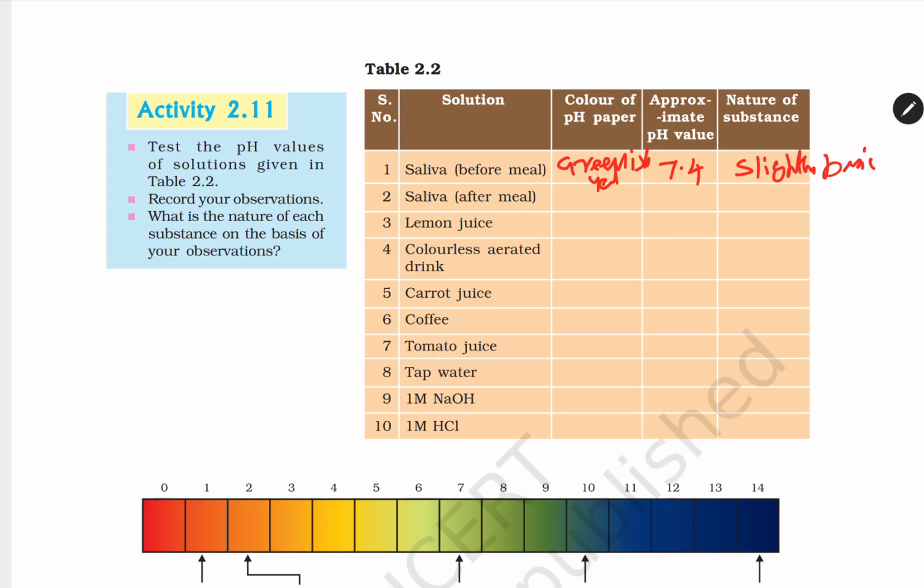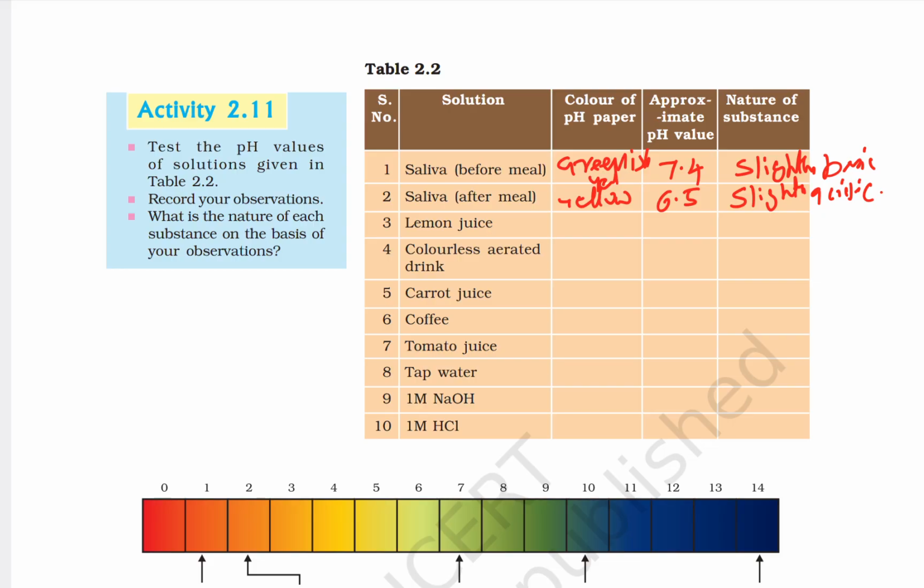Coming to saliva after meal, it will be completely yellow in color, and 6.5 is the pH value. So it is slightly acidic, because after our meal, whatever the food components, they remain under the teeth, and you will find a little bit of acidic nature,